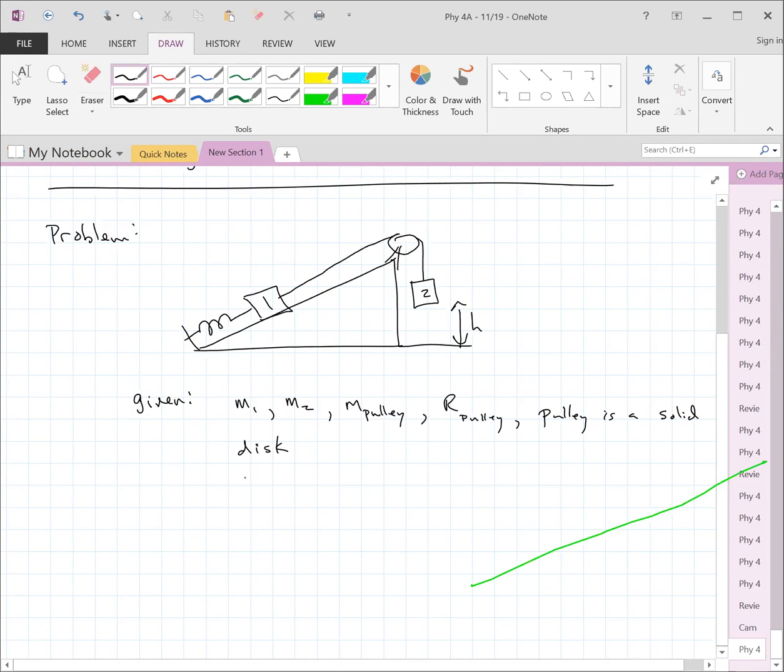What else do we need to know? The spring constant, H, and that it starts from rest